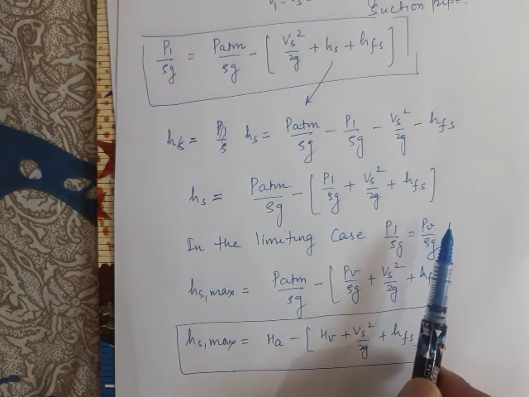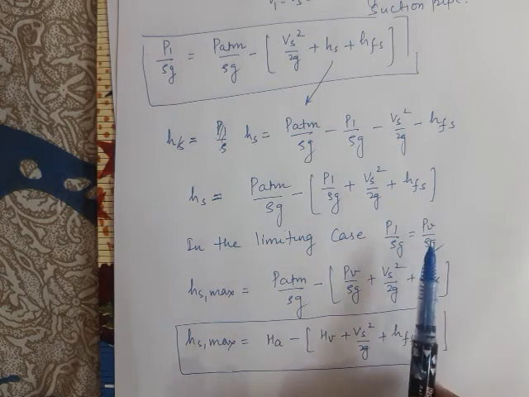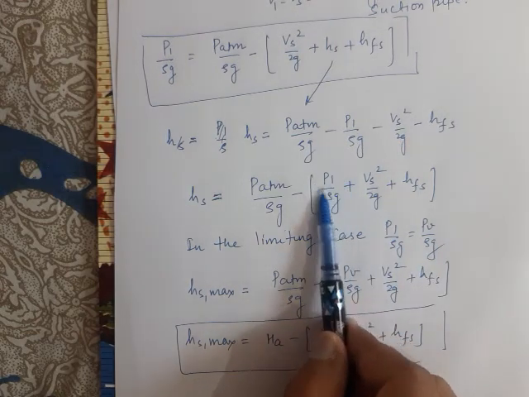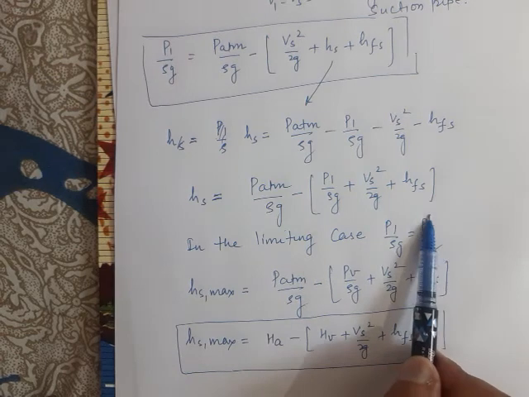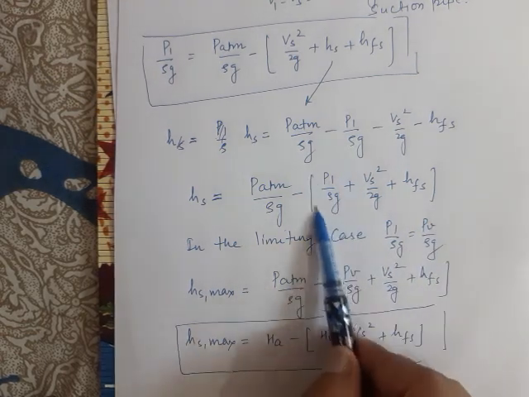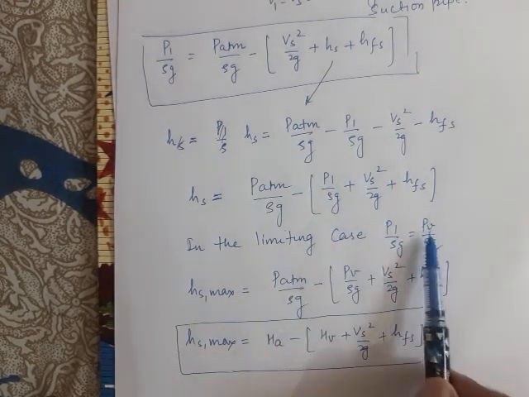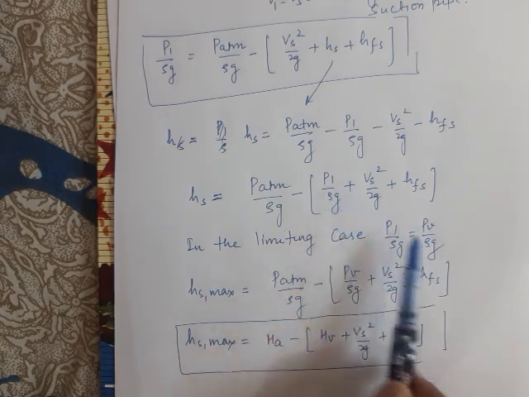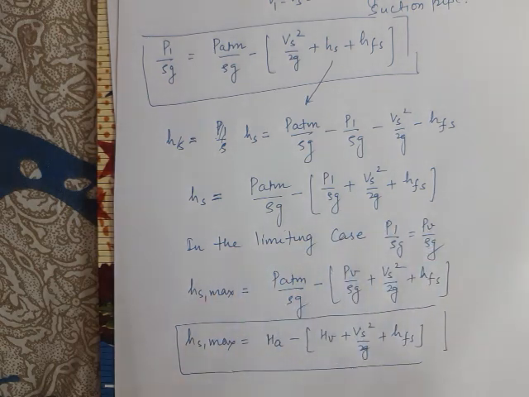This would lead to cavitation. So in order to avoid cavitation, the minimum value of the pressure head at point 1 is equal to the vapor pressure head. So substituting P1 by rho g equals PV by rho g, we will get the maximum suction lift, the